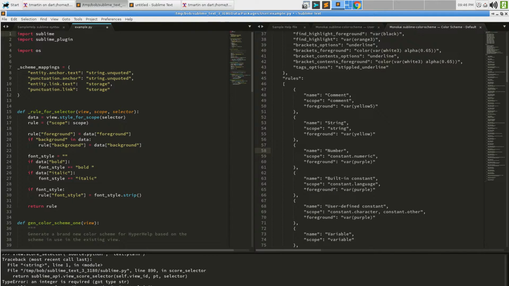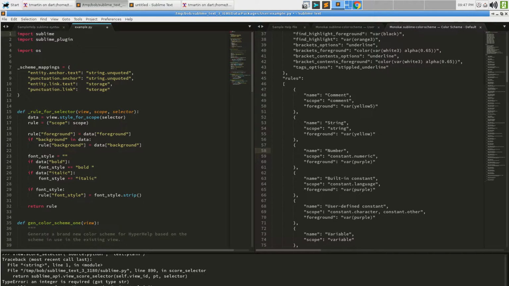Interesting that that actually seemed to do something. Oh, I see, because it does something slightly different. Yeah, there you go. I'd forgotten that that one actually exists. This one does something similar, but it scores the selector at a given point, which is not what we're doing because we're not working inside of a view. Okay, but in any case, if we ask Sublime to score the match of text.plain against source.python, we get 0, which means it doesn't match.